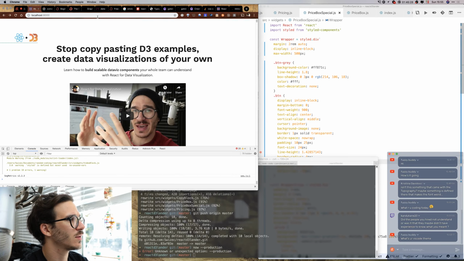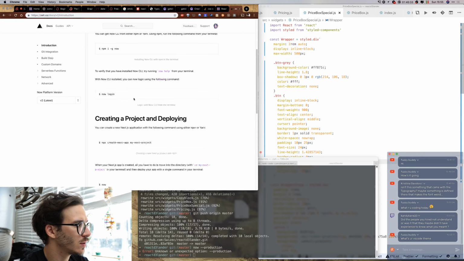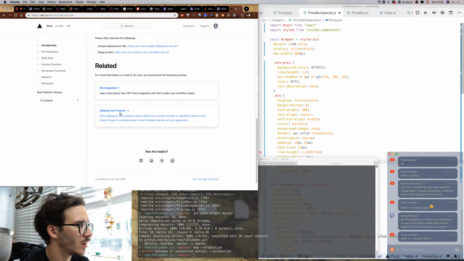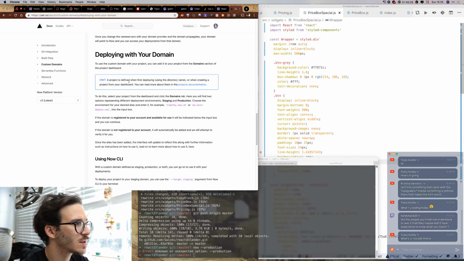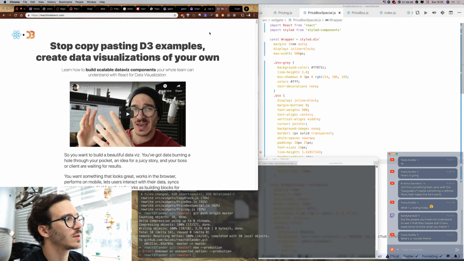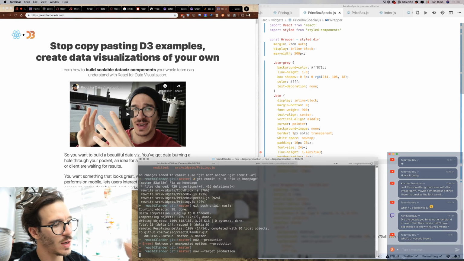Should we make the, no, it's fine. Introduction, I know there's a way to deploy with aliasing. I know I've set this up, but I forgot. Target production, there we go. So see, I'm on react4dataviz.com, it looks like this. Then I can say now --target production, and it's going to